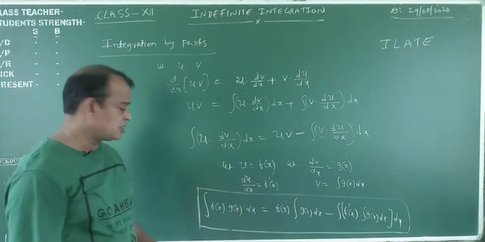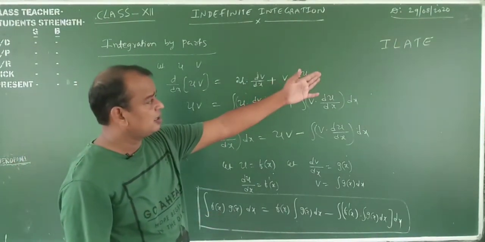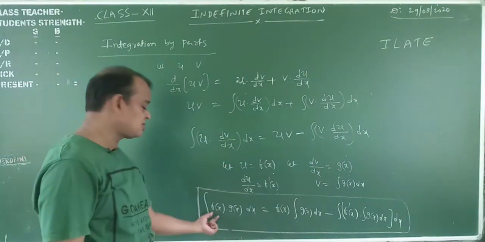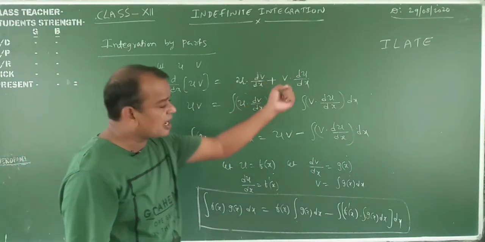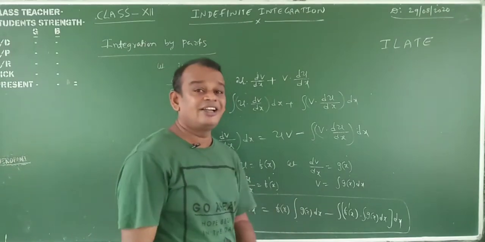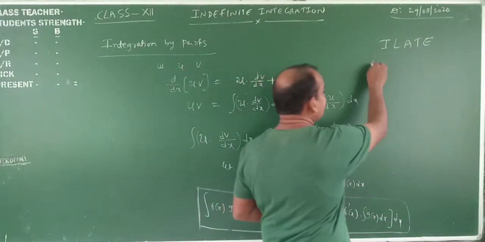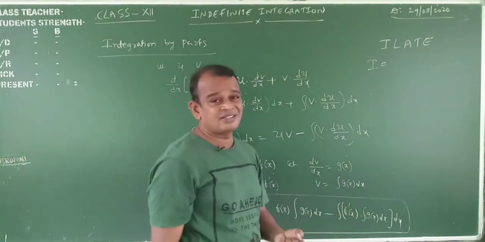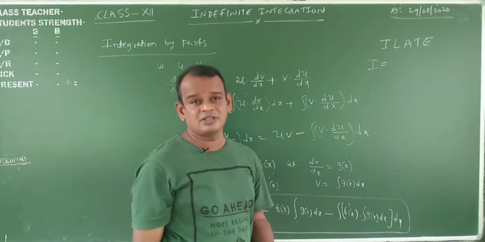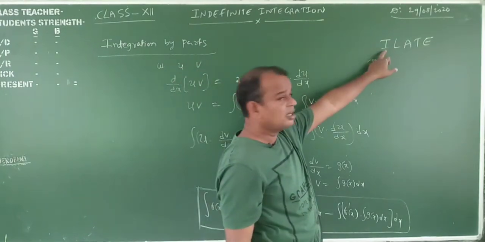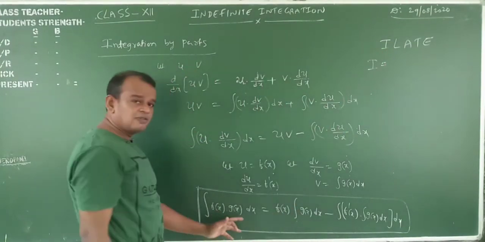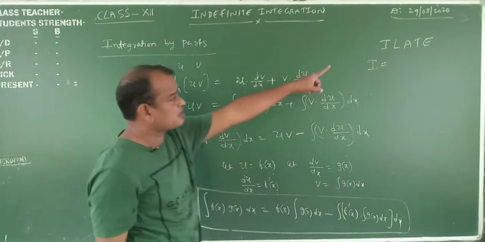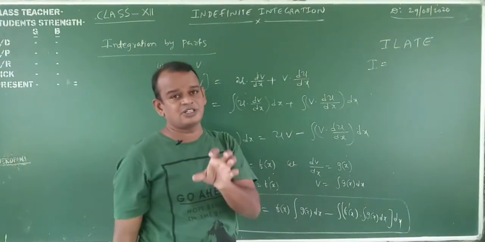In that word, letters 1, 2, 3, 4, 5: which function is first? I stands for inverse trigonometric functions. Whenever, suppose, the starting is I, for example sin inverse of x into x, here inverse is there, algebraic is there. Which one is the first? Inverse is the first. That is the first function.